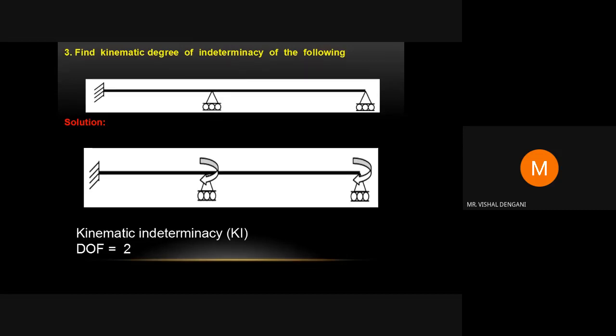Then how is it to be assigned? The freedom codes, already I told you, the freedom and the restraint codes. In which coordinate axis is it to be assigned? It is generally assigned in the global coordinate system. How to assign it, we will see when we start the first problem. But before that, we have to assemble the stiffness matrix, because we are finding out the stiffness matrix along member axis and the stiffness matrix along the structure axis.